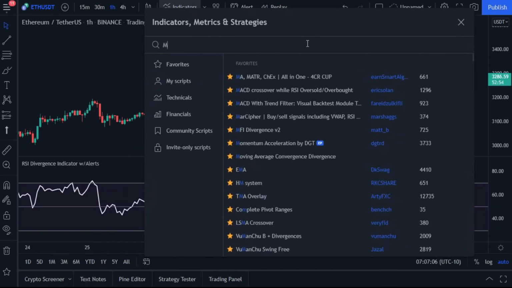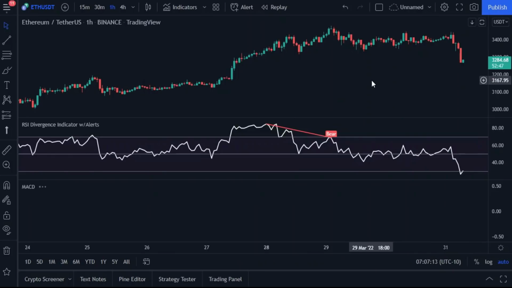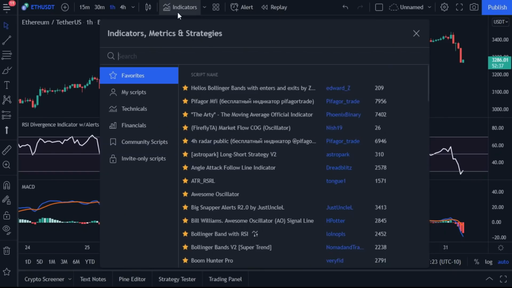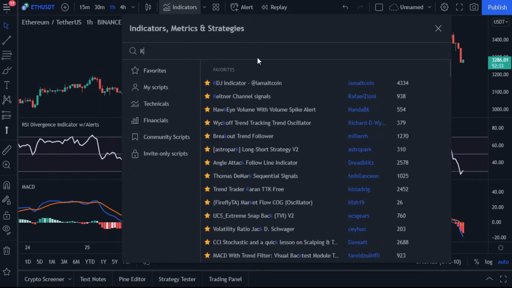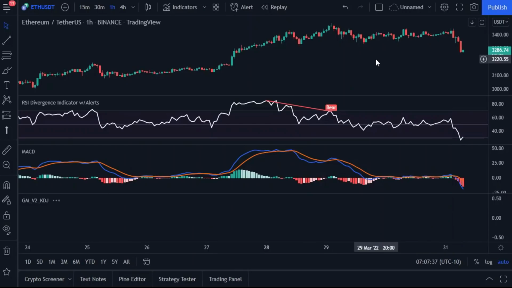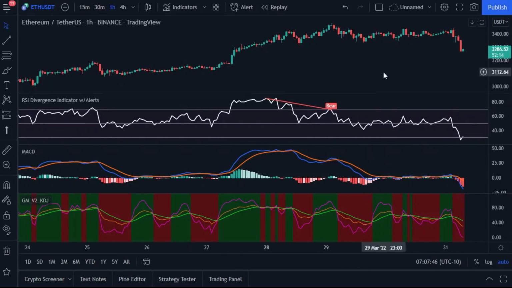The second indicator in this strategy is the MACD indicator, so let's apply it to the chart. I think that the MACD doesn't need an explanation. For this, let's continue and search for the last indicator. In the search field type KDJ and choose this indicator, which was created by altcoin. Okay, that's all we need now: 1 hour frame, the divergence indicator, the MACD indicator, and the last indicator, which